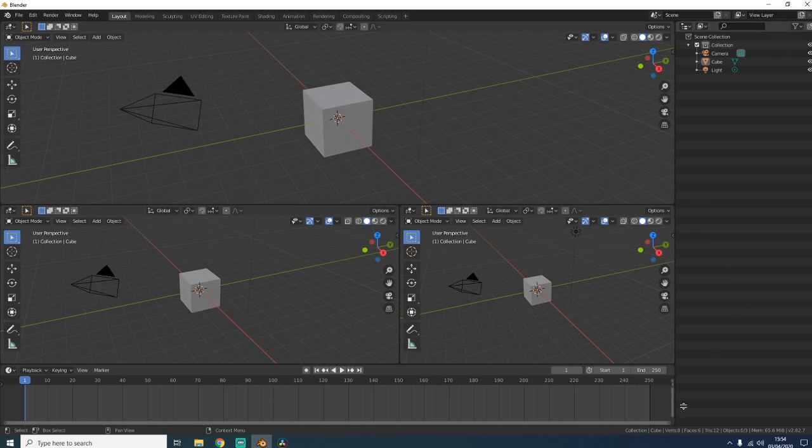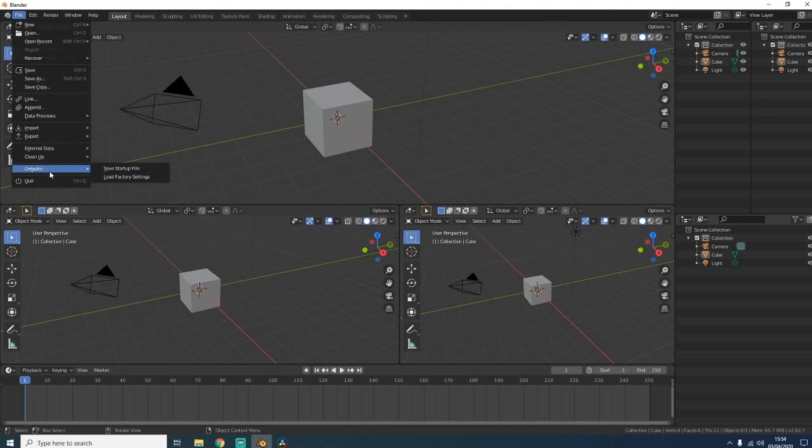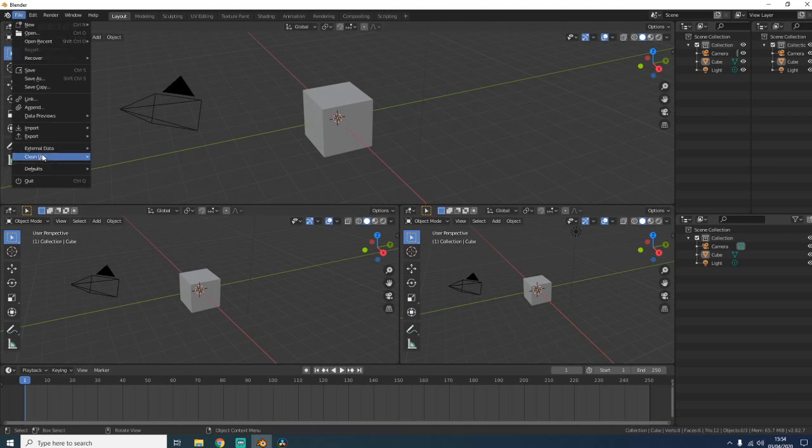See, now it's gone. What I'm gonna do, I can create a new one. Or what if I split this one in two, and then you start having a bunch of areas that are like a mess. In the worst case, you can load the factory settings, but that means that your file will be gone. So if you're working on something, the layout is saved with your file, so the factory settings will